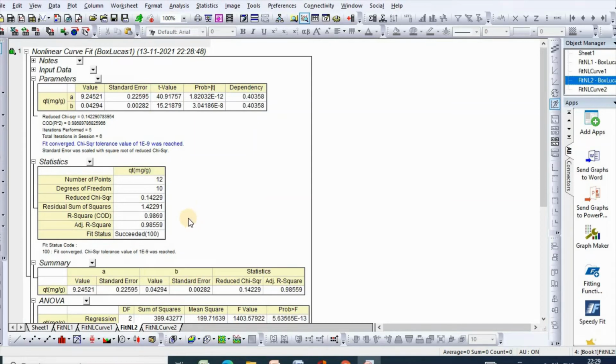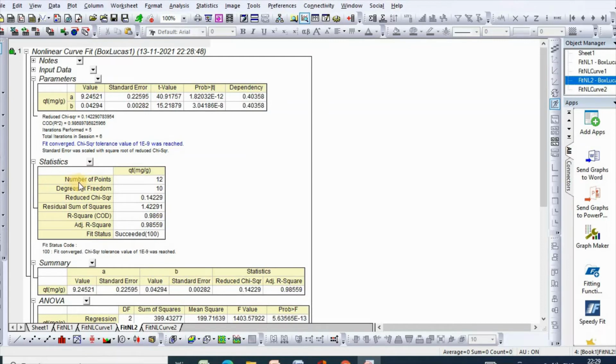So here is the fit result. From this result, it is clearly seen that standard error for A is plus minus 0.225 and B is this.